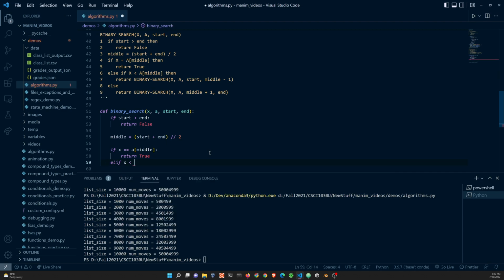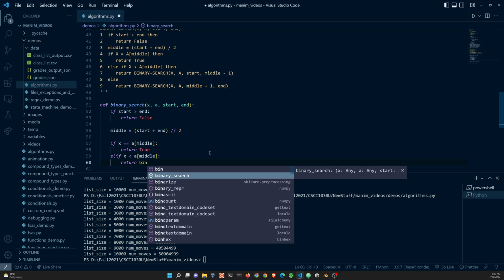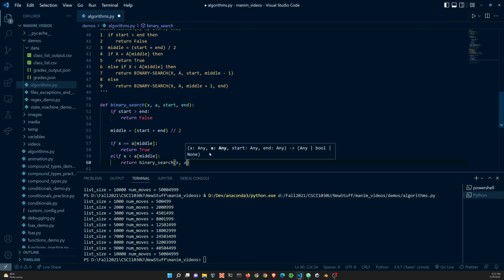Otherwise, if x is less than a at middle, then if you remember how binary search works, I want to search the left half. It was roughly half. We divide the list up in half, and I want to search the left half, although I also don't need to search the middle element specifically. So if the value is less than the middle, I only need to search the left half. I can completely ignore all the right half, which means that I can just recursively call binary search with the same x and the same a, but I'm going to change the start and end index so that I'm only